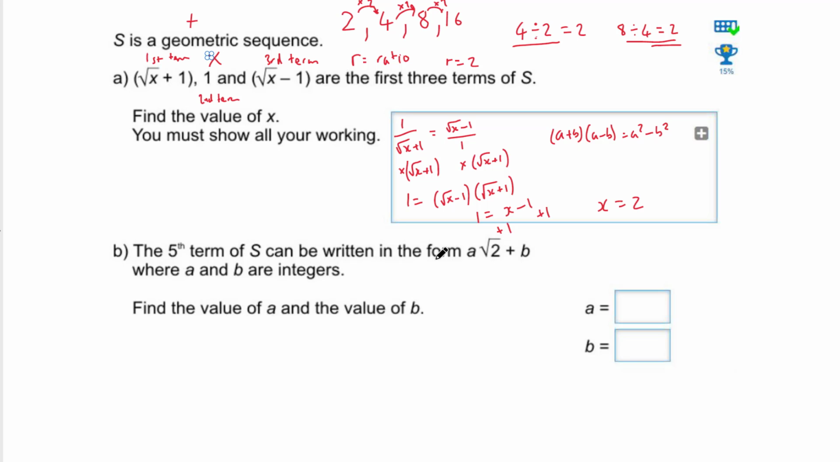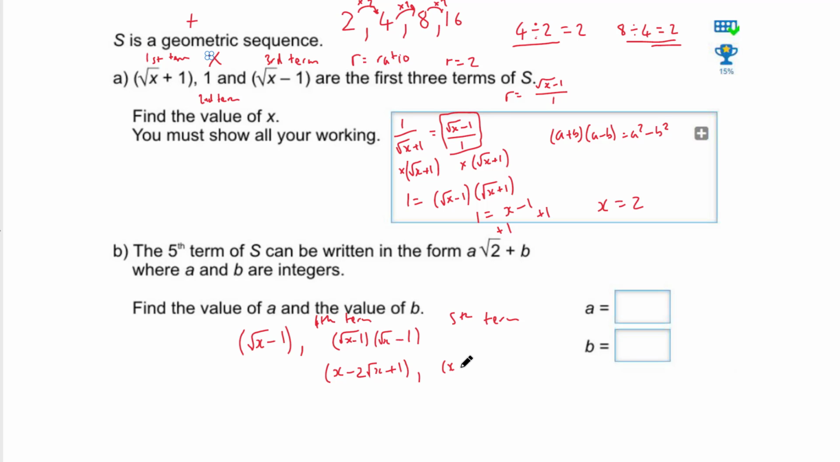Now the fifth term of s can be written in the form of a root 2 plus b, where a and b are integers. So we know x equals 2, so you've got root x minus 1 is the third term. So what's the fourth term going to be? Well, remember that's the ratio we worked out, so r equals either one of those two you can use, which will simplify to root x minus 1 times root x minus 1. Let's simplify that. So we're going to get x minus 2 root x plus 1. Now the fifth term is going to be that common ratio, multiplied by the fourth term,